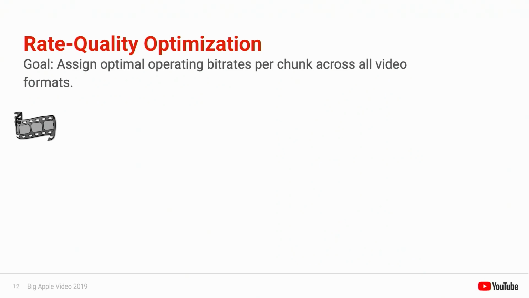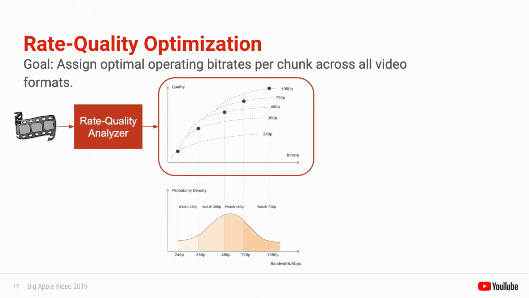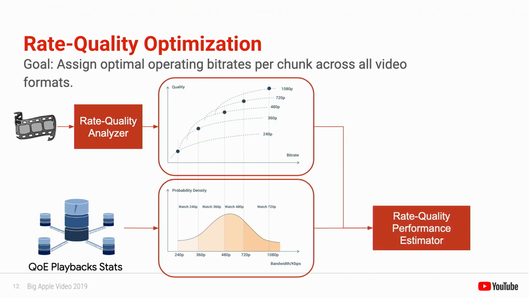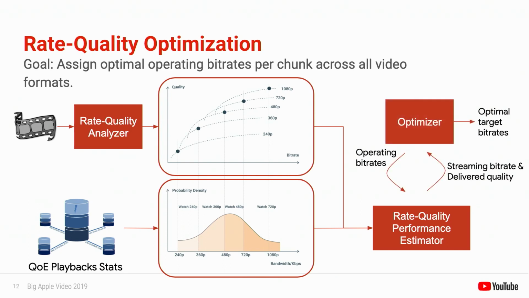Here's how it works. For each video, we generate our RD curves at each resolution by encoding the video multiple times, sweeping a parameter such as bitrate target or CRF. As I mentioned earlier, we've collected data about the distribution of available bandwidth and viewport size measured whenever anyone plays back a video. Combining these two, we can estimate the total streaming bandwidth given a particular set of operating points. Then it's just a matter of adjusting the bit rates to find a set of bit rates which minimizes streaming bandwidth at the desired quality level, and using these bitrate targets to generate the files which will be streamed.